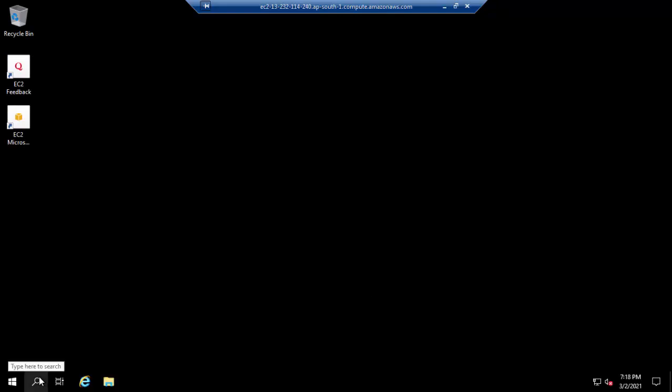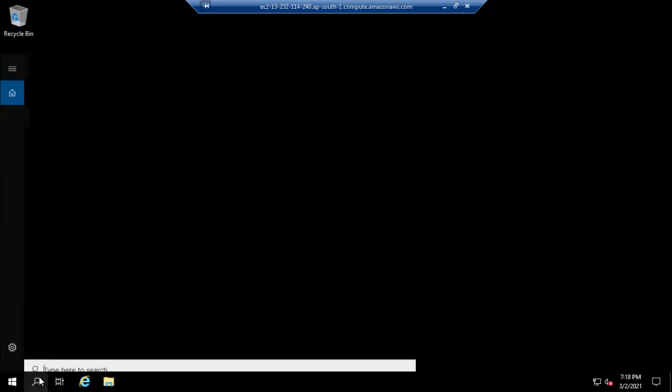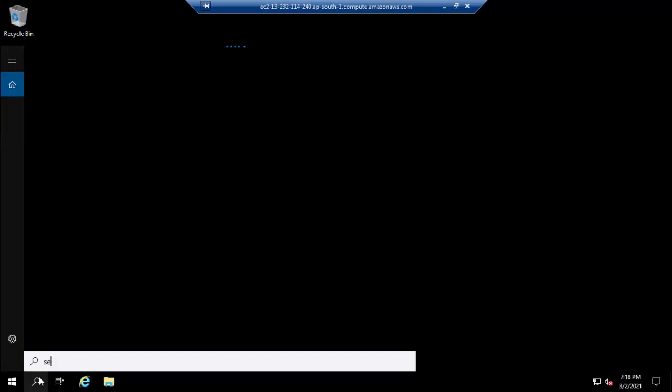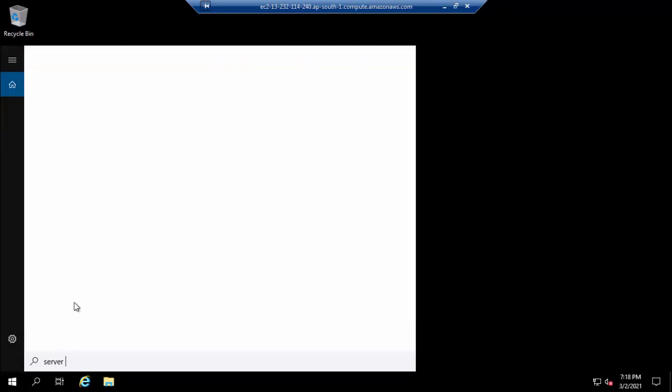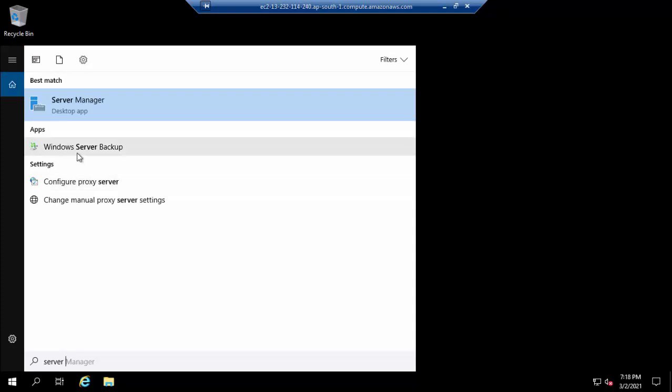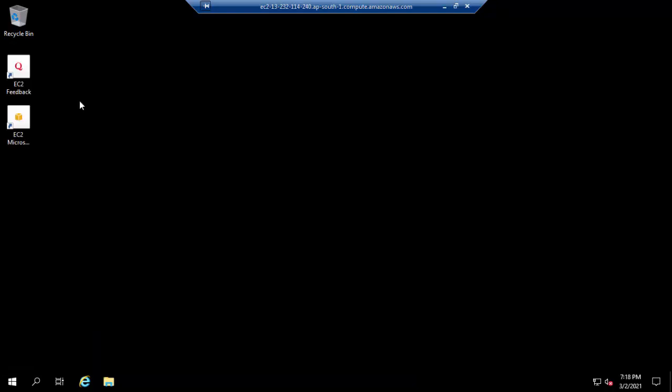Again we have to install the IIS web server on server number 2. So let us follow all the steps again to install our IIS web server on server number 2. So now search server manager first. Then click on server manager.